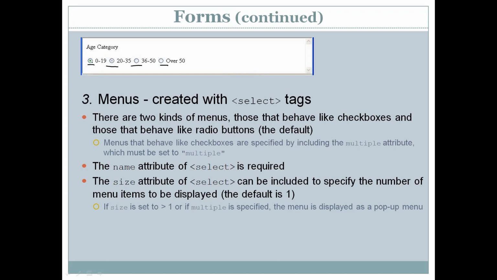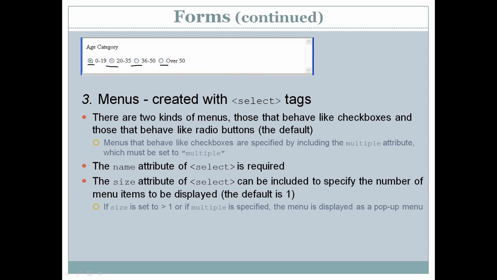Now the next widget which we will study is menus. A menu is a drop down menu which contains multiple items, but only one item is displayed by default, and when you click on the arrow which comes with a menu, the list of items is displayed.